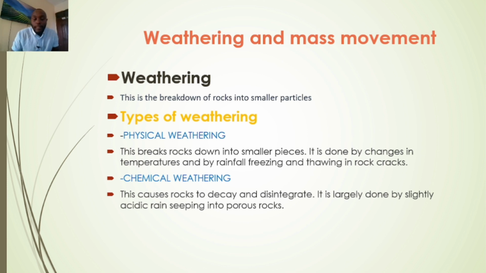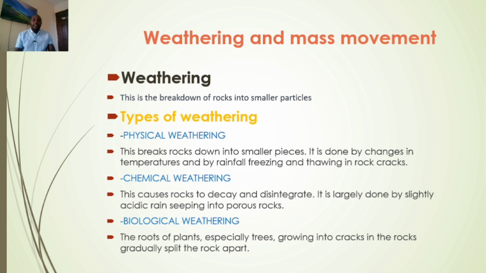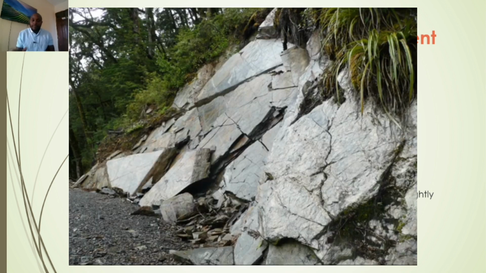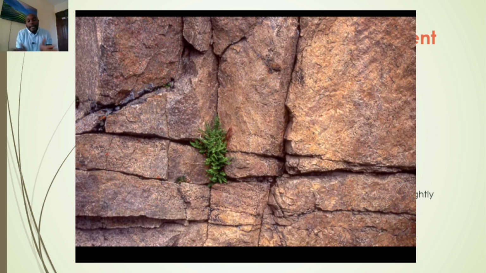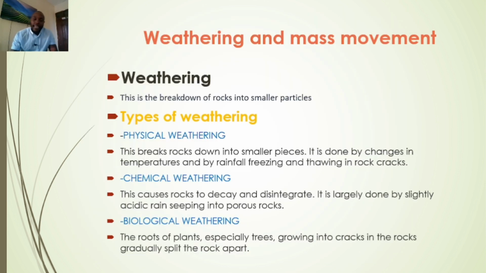That is chemical weathering. The third one, we have biological weathering. So when you talk about the biological weathering, it is about the biology of plants and animals. Okay, so biological weathering, you can have a plant maybe growing into cracks in the rocks. Okay, so it's splitting that rock apart. That's all about biological weathering. You find that maybe a plant has grown on a piece of rock, and it's disintegrating and breaking apart that rock, the root system. Understood? As easy as that.